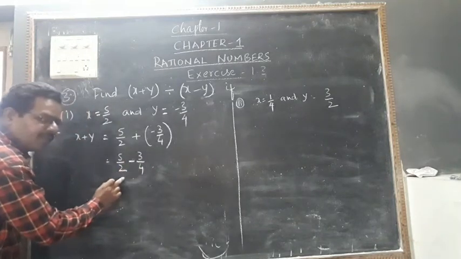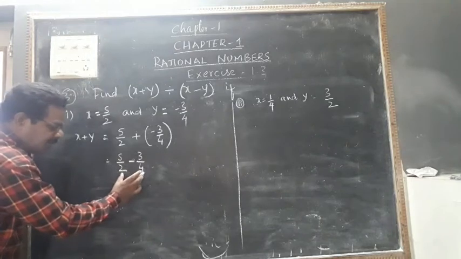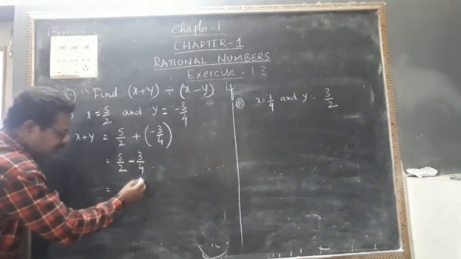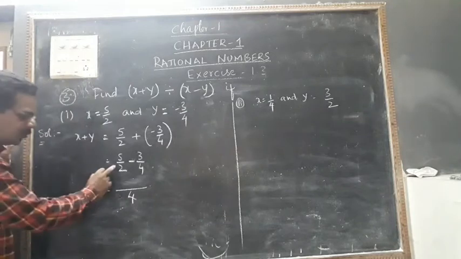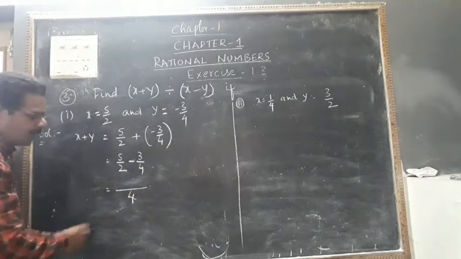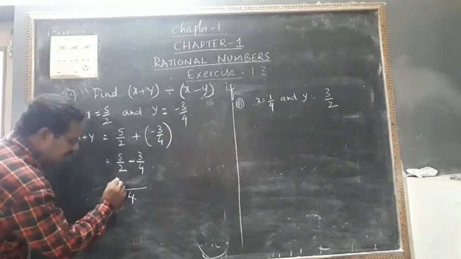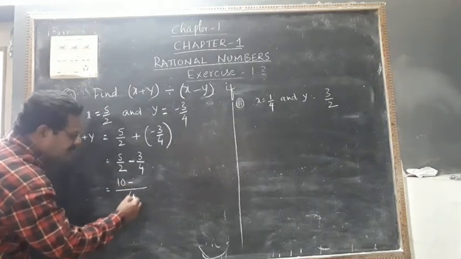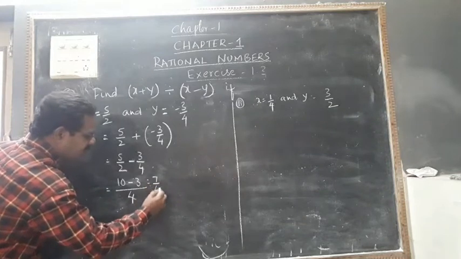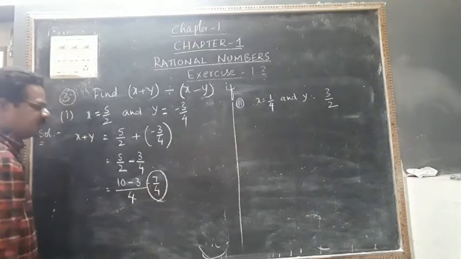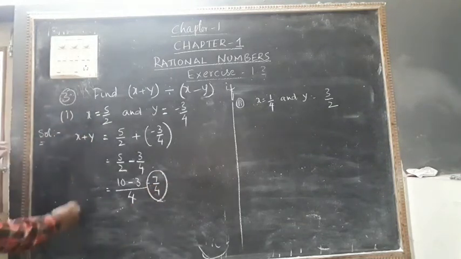For this, 2 and 4, these are the two denominators. So for this, we can take LCM as 4. Because 2 2s are 4 and 4 1s are 4. Okay. 2 2s are 4. 5 2s are 10. 4 1s are 4. 3 1s are 3. Means 10 minus 3 is equal to 7 by 4. This is the first result. Now, x minus y